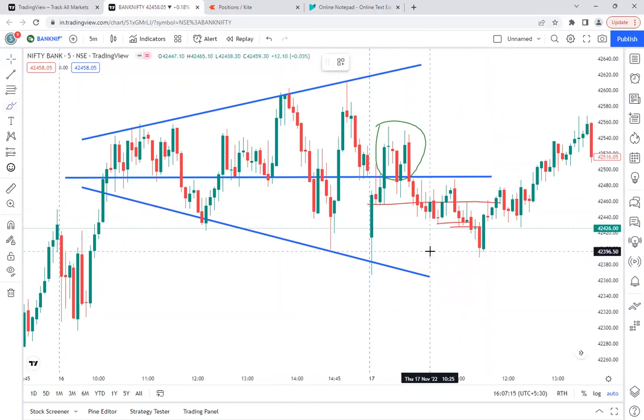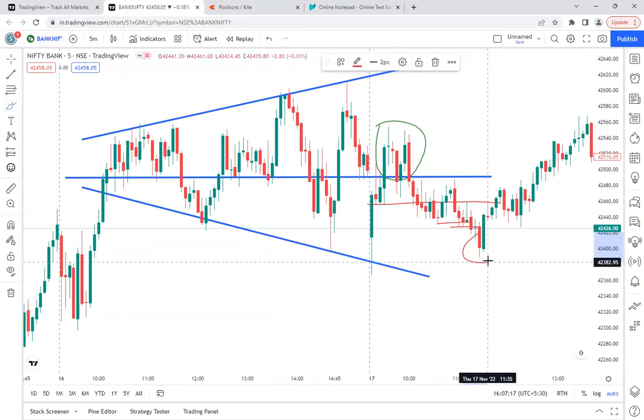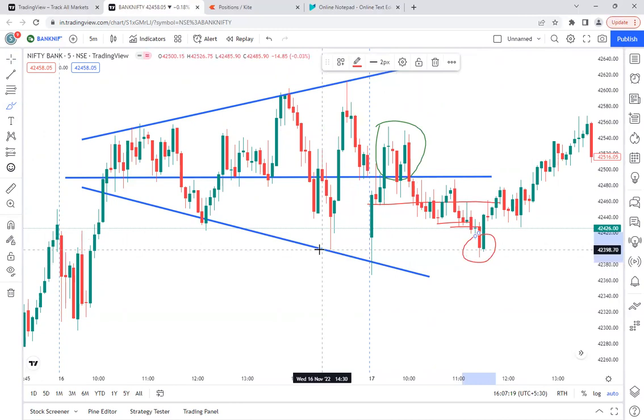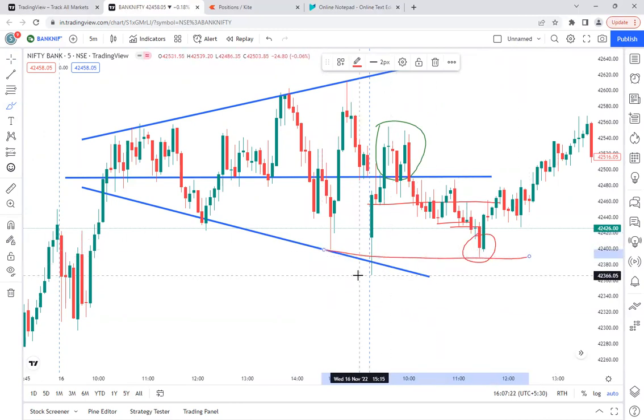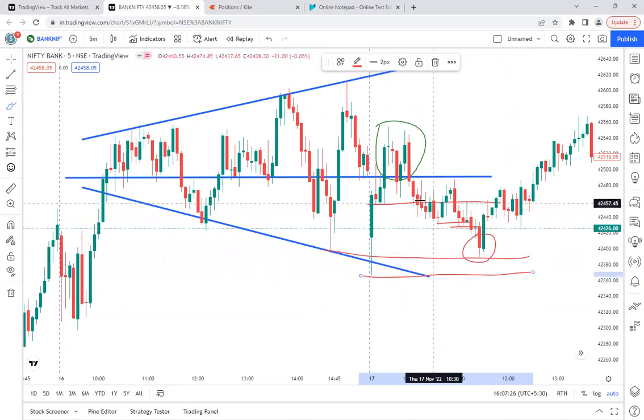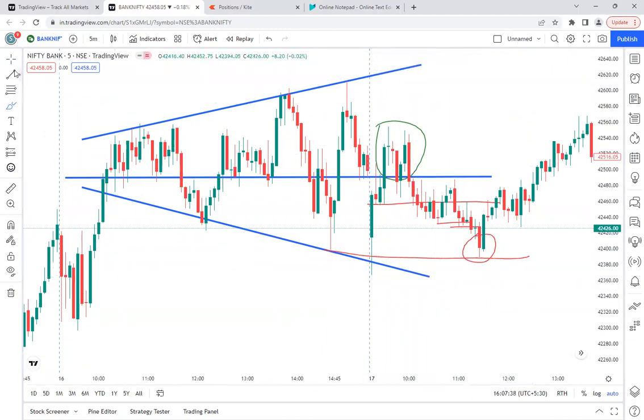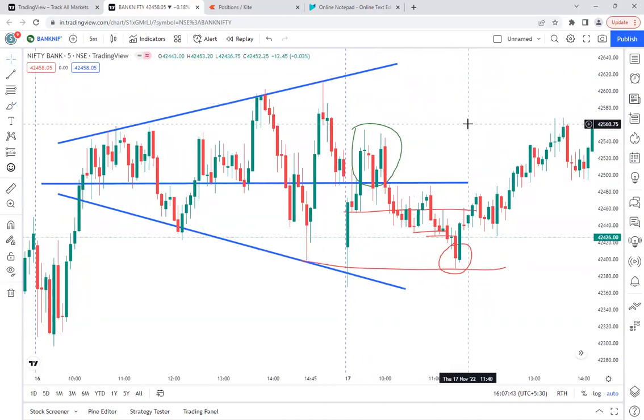The signal has given almost closer to the support, or even if you want to take this also, it's almost closer to this. And also, whoever is watching the Bank Nifty chart in the intraday movement, everybody knows that it may come to this support. And that is the point where I don't want to take the position, because if everybody knows it, definitely they will make an opposite move. That is what has happened here. And immediately they started going up.